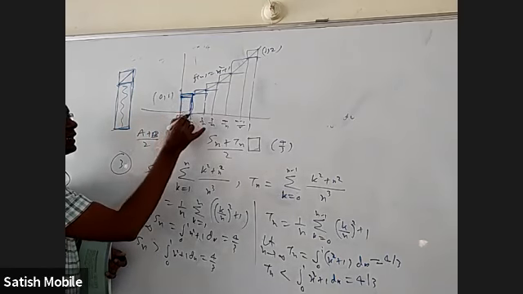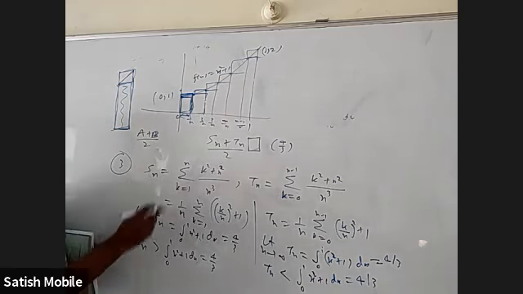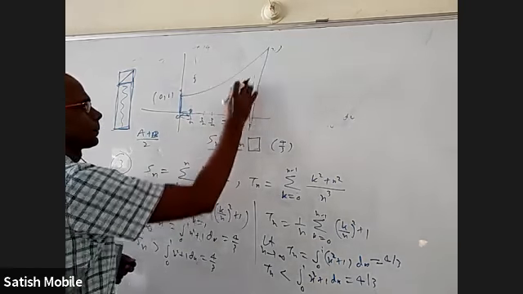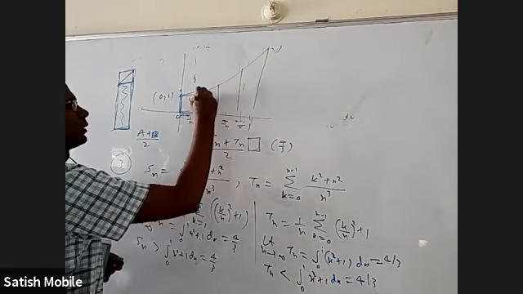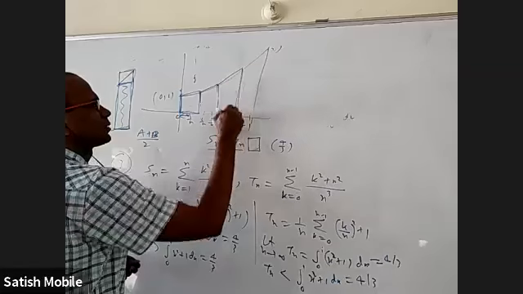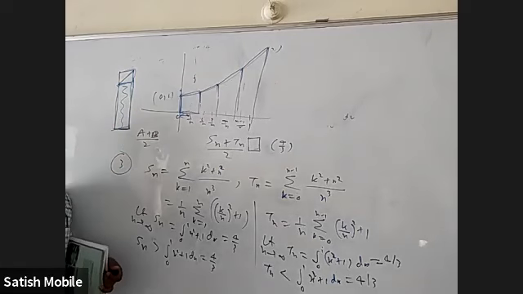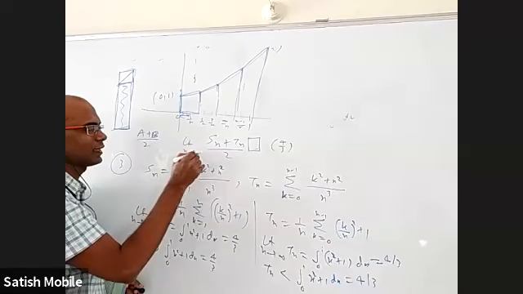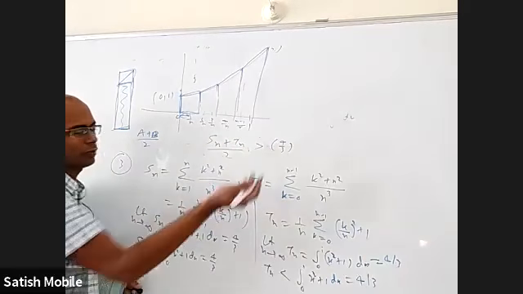One of them is this rectangle and one of them is this rectangle. When you take that by 2, you will get this trapezium area. So Sn plus Tn by 2 is actually this trapezium area, this trapezium area, this trapezium area, and this trapezium area. Now, when you add all these trapezium areas, tell me, you'll get area under the curve more than that or less than that? More than that. So even though limit n tends to infinity, Sn plus Tn by 2 is also 4 by 3, but Sn plus Tn by 2 is actually greater than 4 by 3.